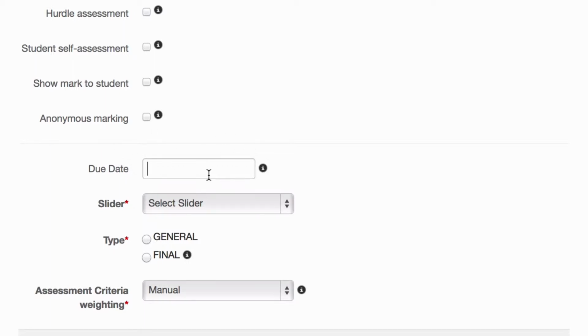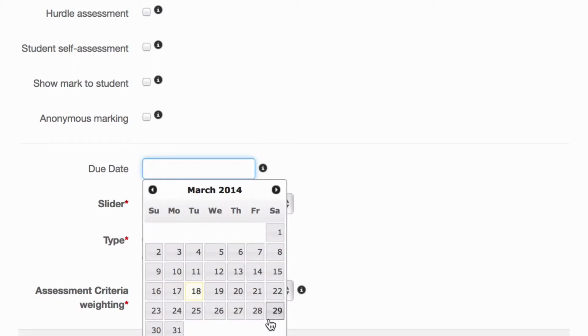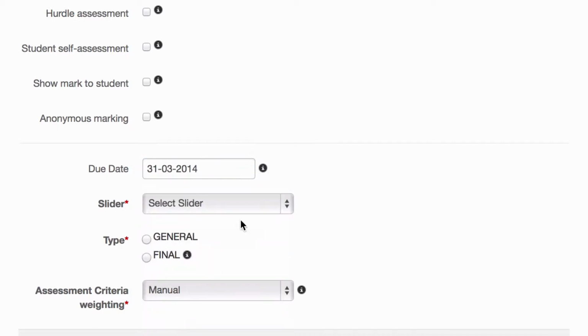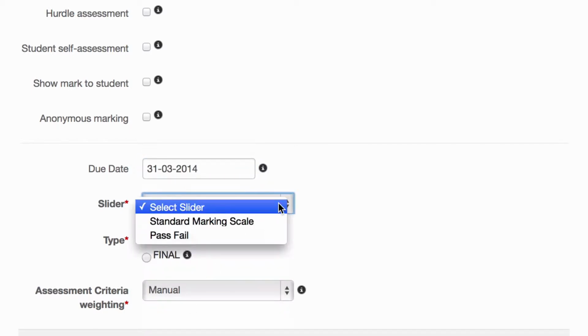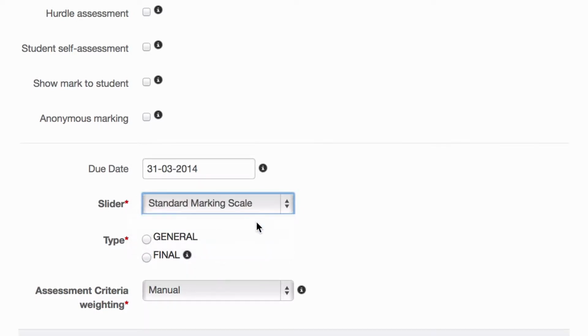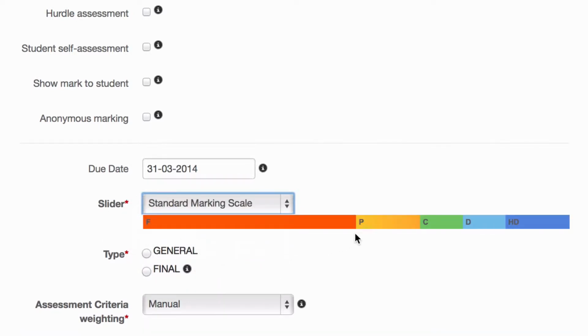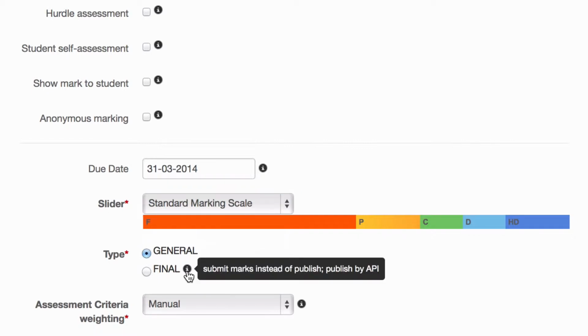Set a due date for the task using the calendar. And slider is very important. Always choose standard marking scale, which will give you your fail, pass, credit, distinction, and high distinction. For type, make sure that you choose general. Final means it actually submits marks, but COFA at the moment is not connected to the main system with Review,